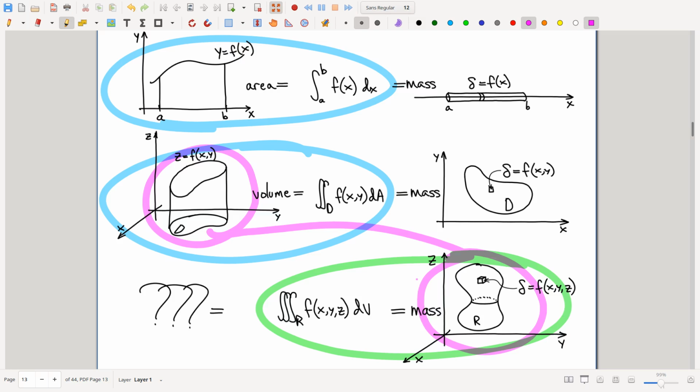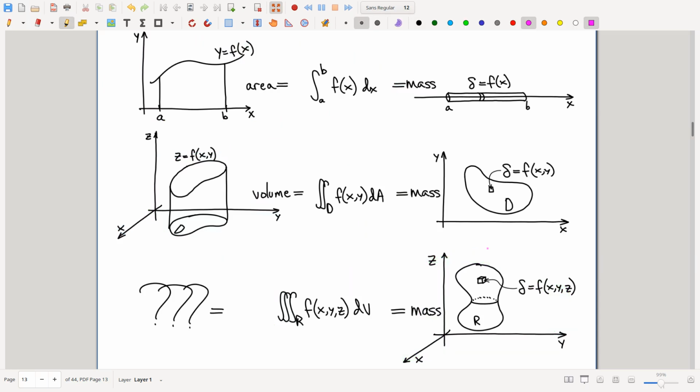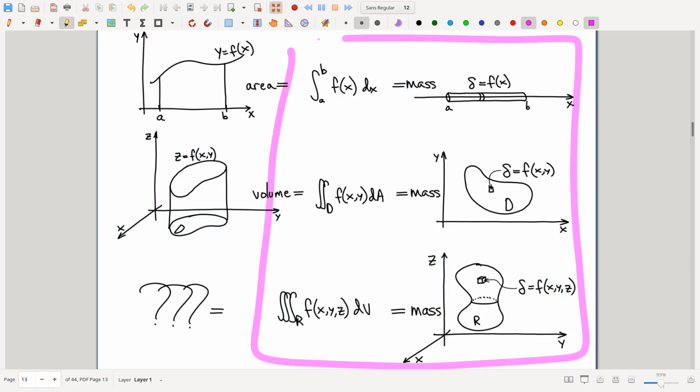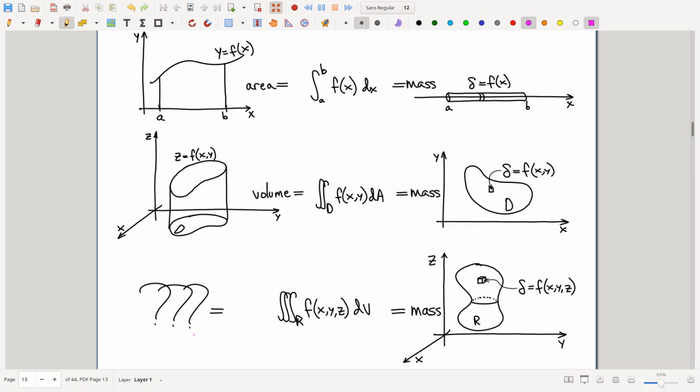My primary point of view on integrals for the last many decades is all of this right here. I think it's the best way to think about it. Pausing for questions. Everybody all right? Okay. So,